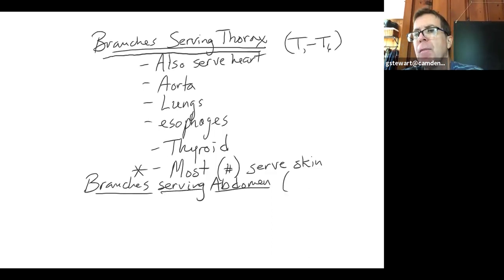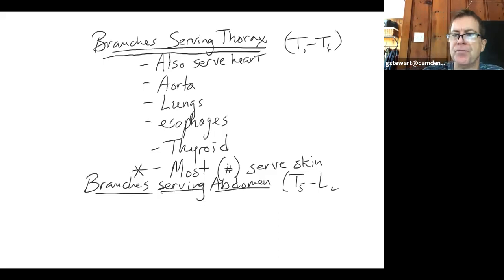So this would be from about T5 area all the way down to L2. These form what we call the splanchnic